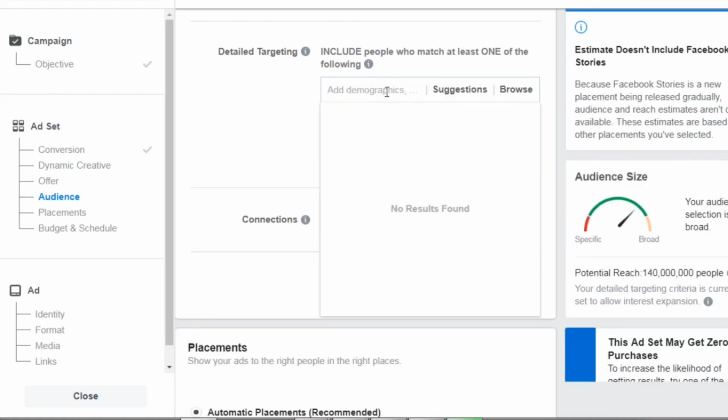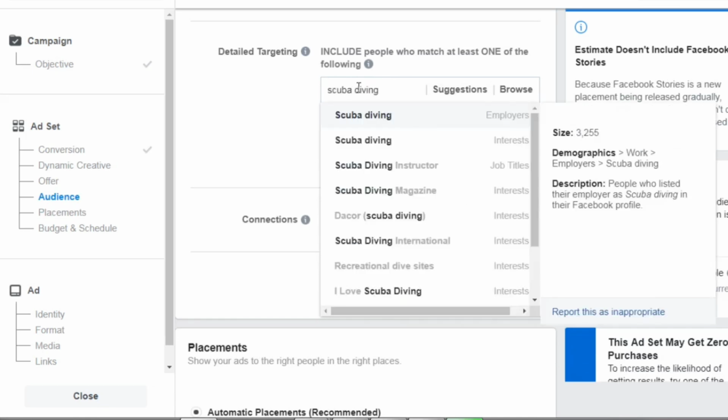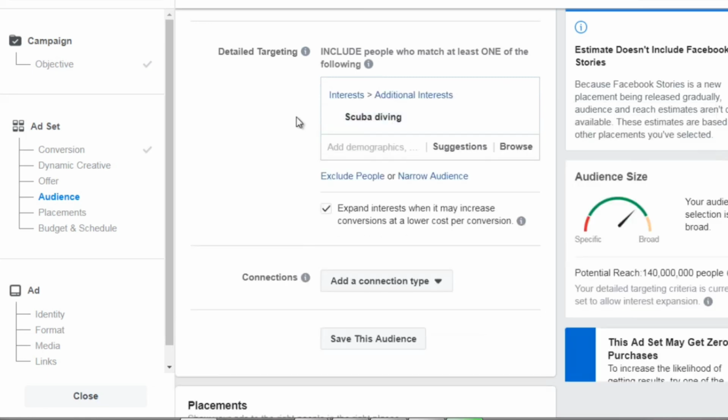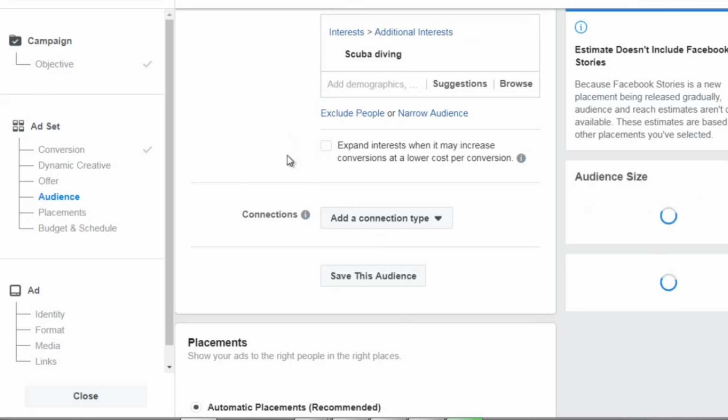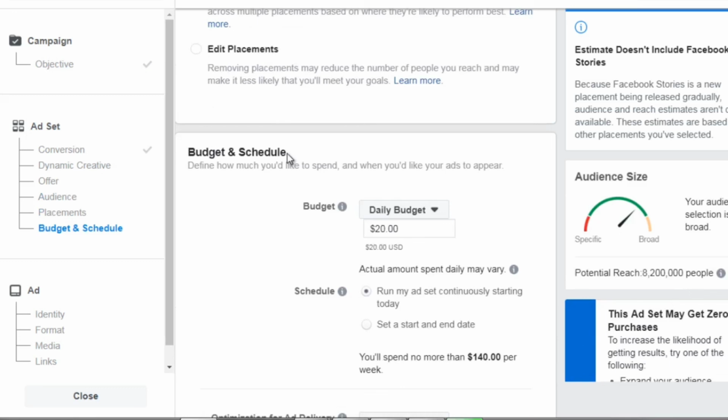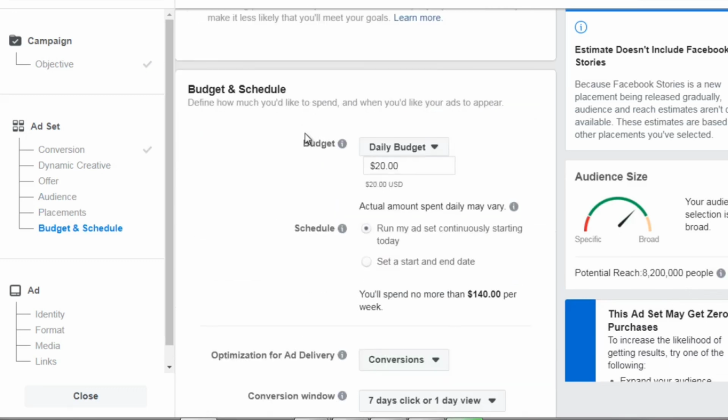We selected the employers to make sure that you choose the right one. So we can see interest. It has 28 million people. That's a good sign. And we're going to uncheck that. We're going to leave it at automatic placements, daily budget,